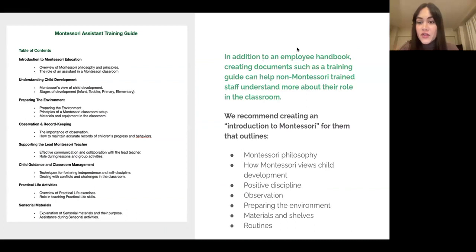I see here we offer trainings for assistants, for example, via Trillium, and that is a 15 credit assistant course, and that's great. Offering that formal training can always be an option as well, and that way you yourself don't have to do it. But if that's not something that your school can access, having these resources available is also an option. I know we did both at our schools, both formal and informal, because a lot of the times when you offer that formal training, you want some sort of commitment in exchange because you're investing in that hire.